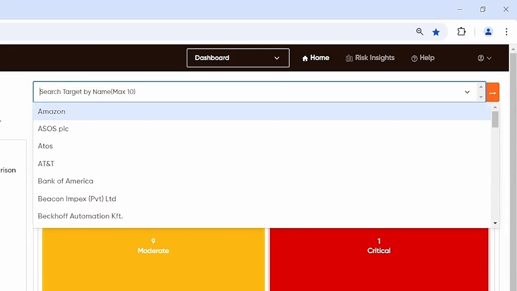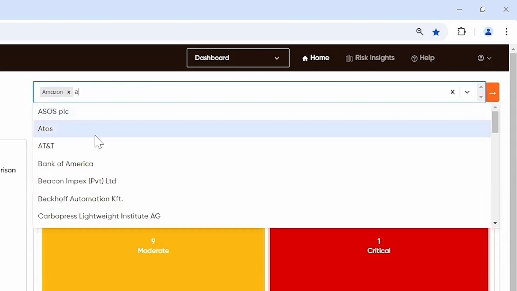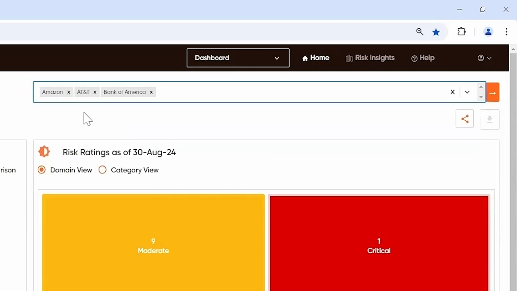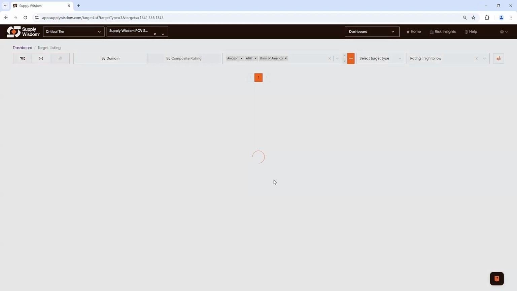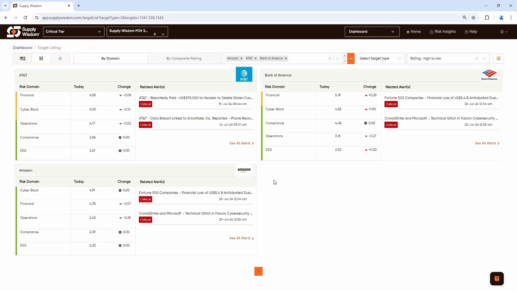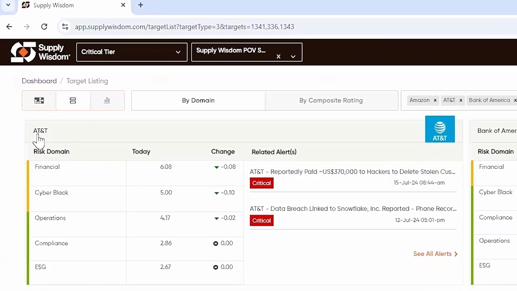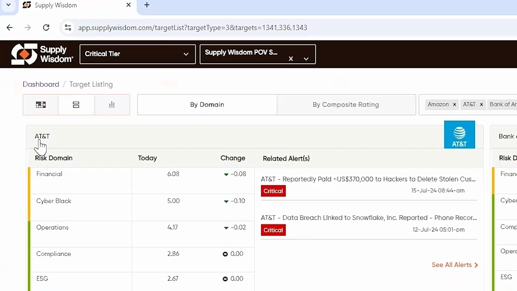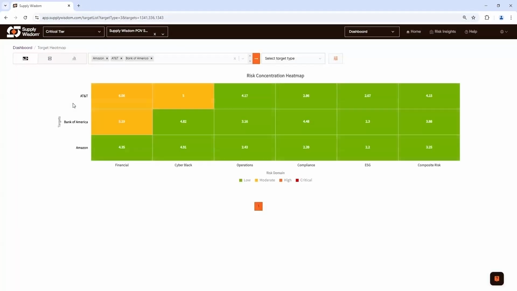But I can also use this to produce some comparative dashboards. Let's say, hypothetically, I want to compare the current state of risk among Amazon, AT&T, and Bank of America. I can select up to 10 targets in this search bar and hit this orange arrow. And when I do so, I am brought to a comparative dashboard showing me current metrics for all 3 of these. And again, let me reiterate, anywhere where I see the name of an entity that I'm monitoring, if I want to get all the way down to the full detail view for that entity, I click its name, and I'll get to that profile view where hundreds of metrics are sitting in a current state to describe to me the state of risk. Here, I'm still at a bit of an overview state, determining how these entities stack up relative to one another.